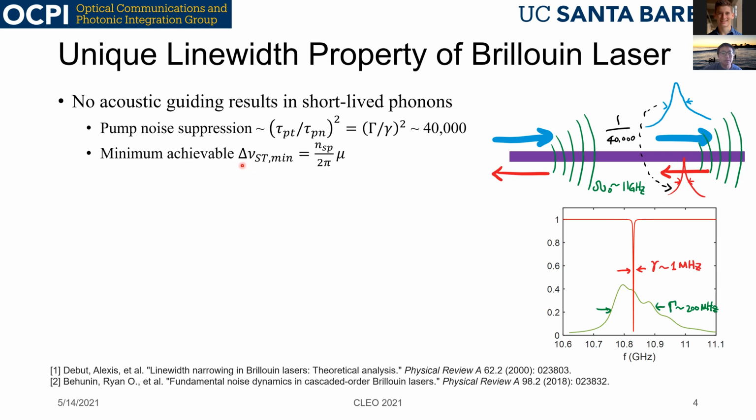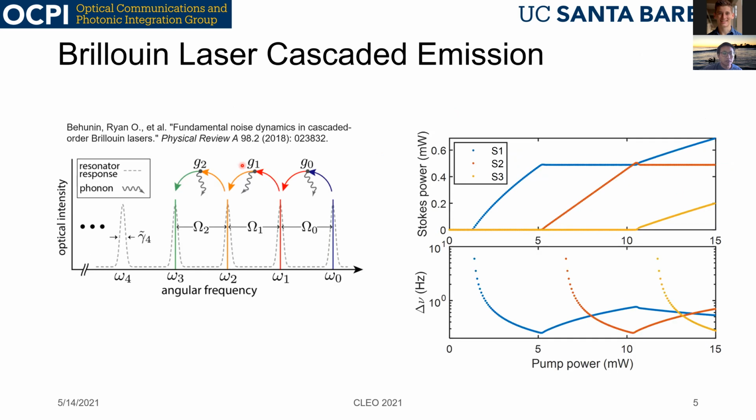So I would like to spend an extra slide here to explain this point a little bit more. Because there is cascaded emission in Brillouin laser emission, as you pump harder, the first order Stokes begins to dump its power into the second order and the higher order modes, and the second dumps into third order. So at some point, the S1 begins to get clamped, and there's a minimum point of its Schawlow-Townes line width,